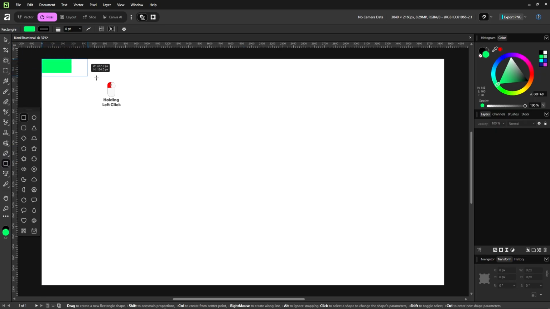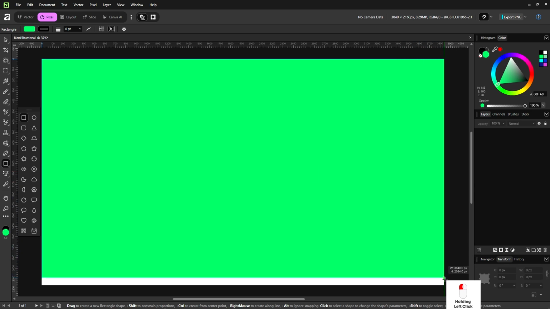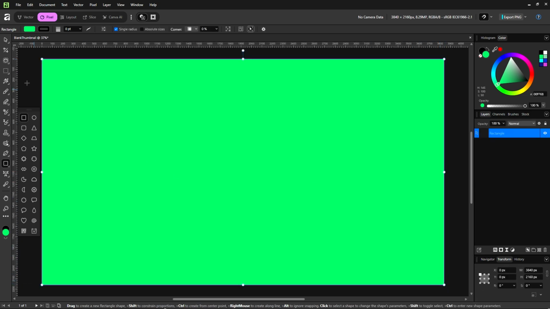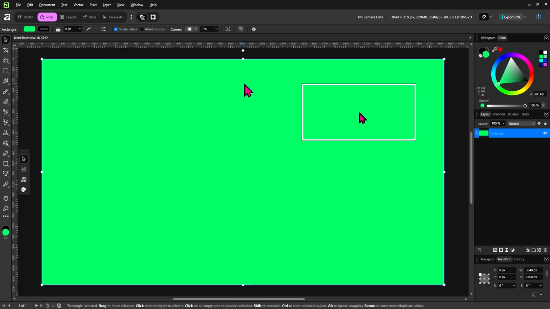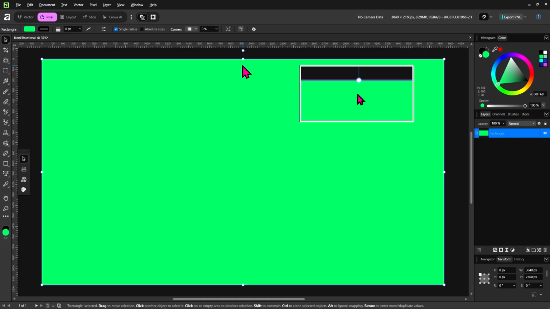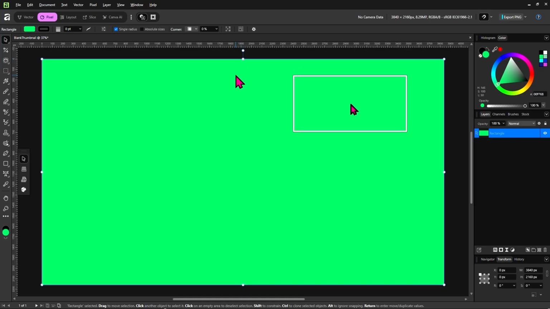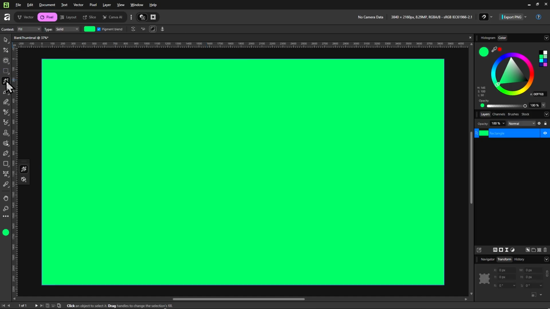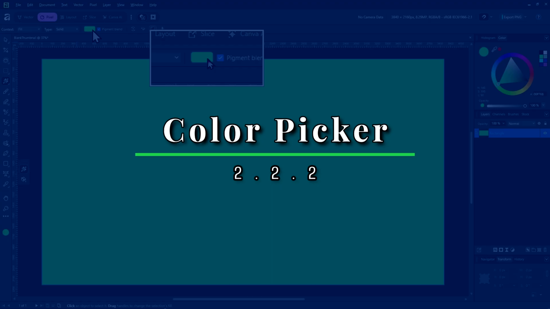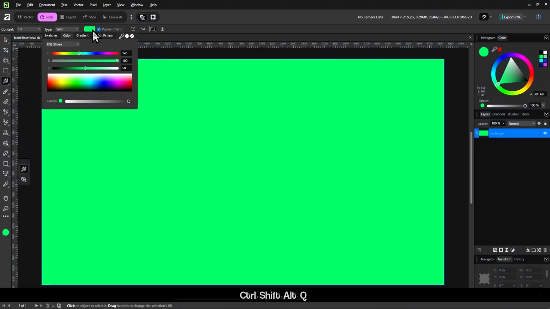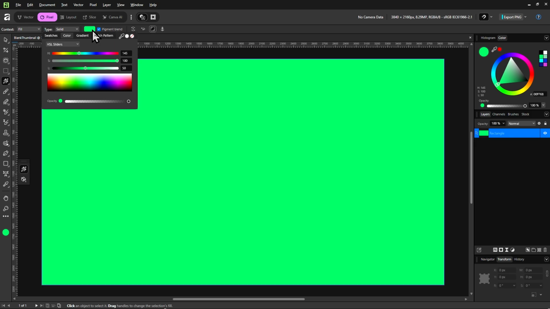So I'm going to make a rectangle spanning across the entire canvas. And then I'm also going to go into the move tool and make sure that this rectangle is selected. And I can see that it is because I see the nodes here. Once I know my rectangle is selected, I will go into the fill tool, and here we have this color picker. This color picker is actually the color of the object we currently have selected, and in our case, it's this rectangle.